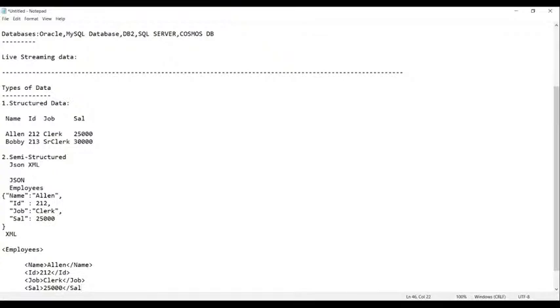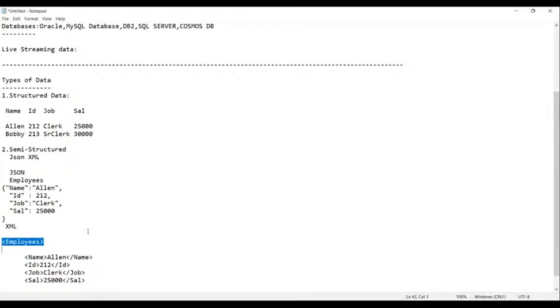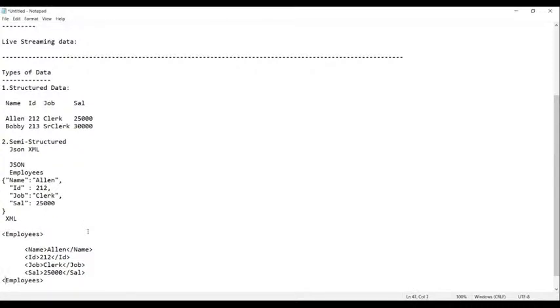See here, guys. Finally, this is the data you have. Now all the tags are opened and closed, but one tag is not closed yet. What is that? This is called a row tag. Close this row tag here at the end.